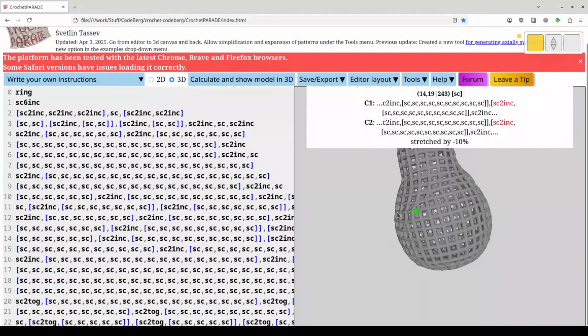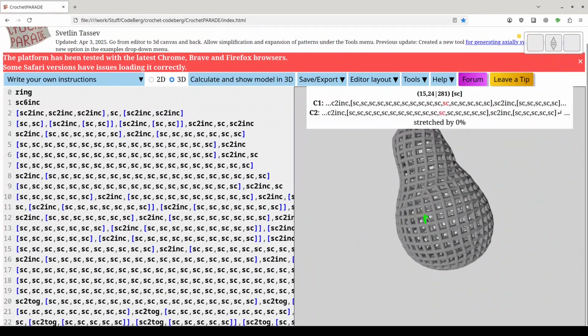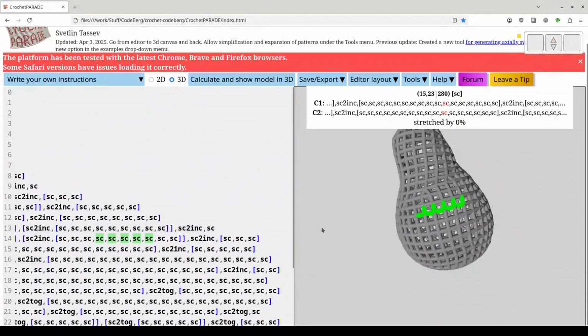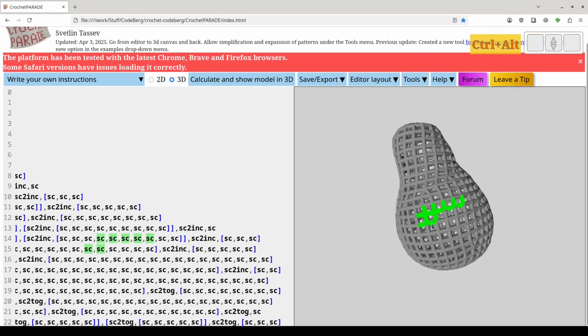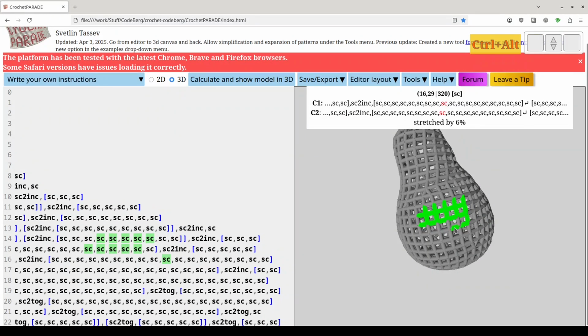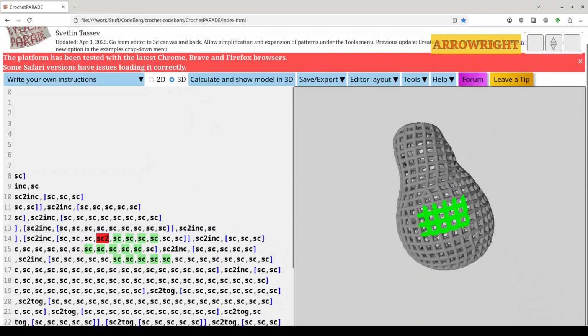Of course, you can do coloring here the same way we did for Planet Earth, but right here I want to add some kind of a protrusion, so a bunch of increases, and then to match the stitch numbers in the rounds, I need to add more stitches and then decreases. So here it is. I'm increasing, a double increase here, another double increase, another double increase. And now again, in order to fix my